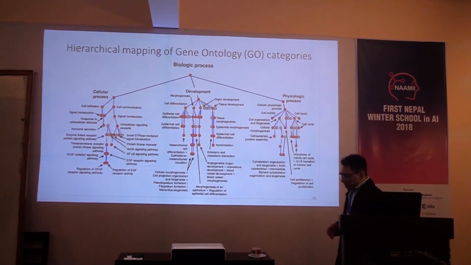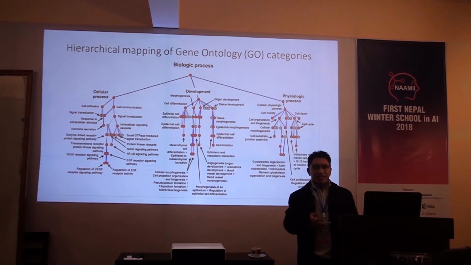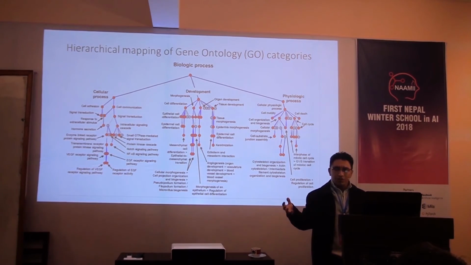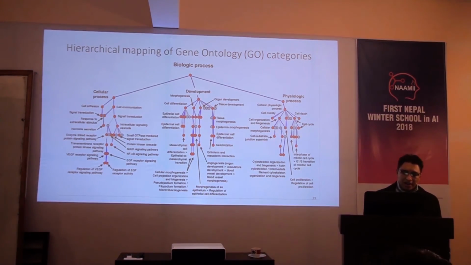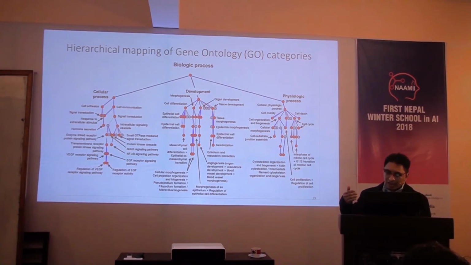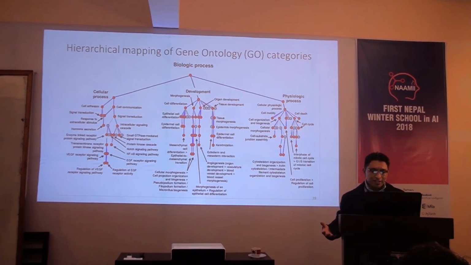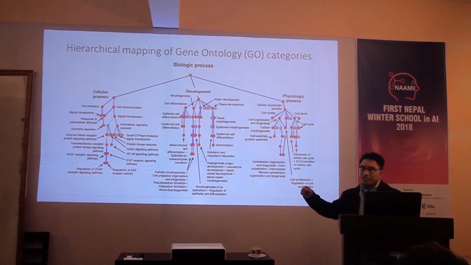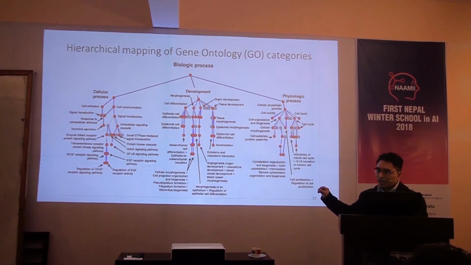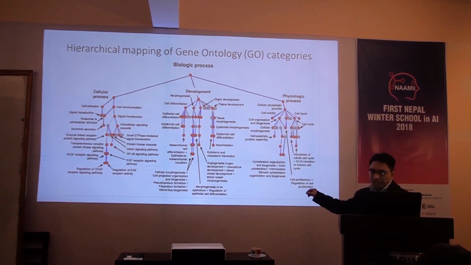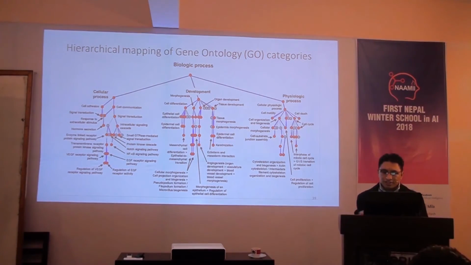So I talked about all those 20,000 genes, and each gene carries out individual functions. Now all these functions can be grouped together in the form of a tree, and that's what we call gene ontology. This is like a specific grammar followed by all the biologists to categorize individual genes into different functions. The leaves of this tree are all the 20,000 genes, and they can be grouped into individual functions. Just for example,